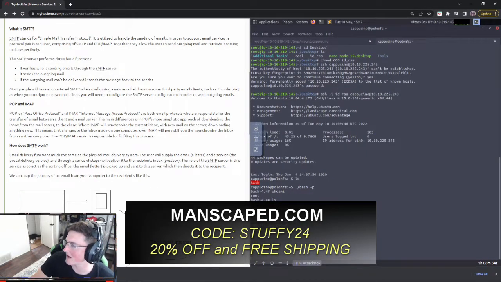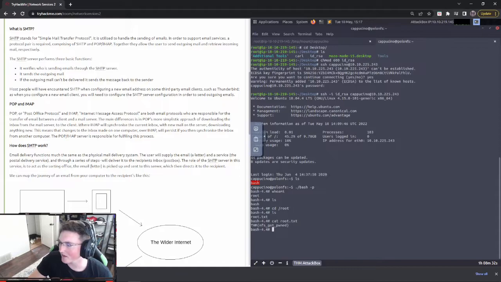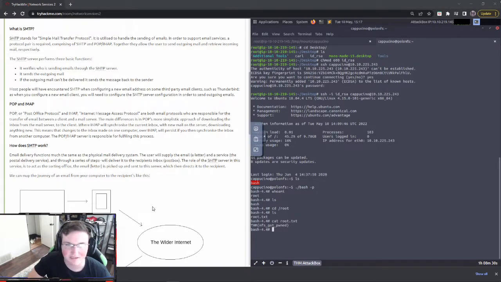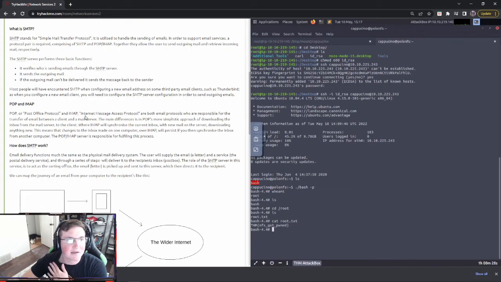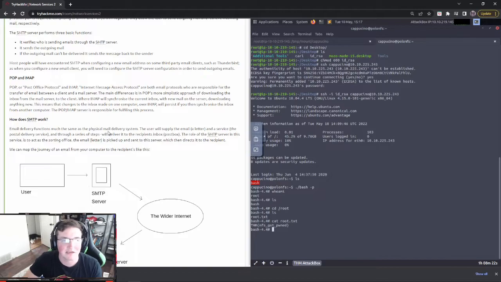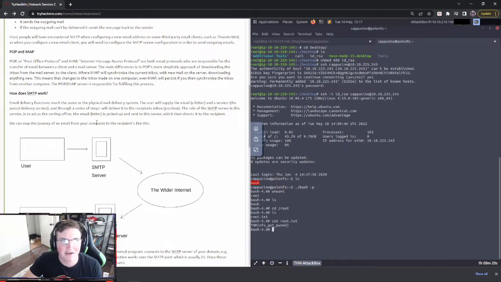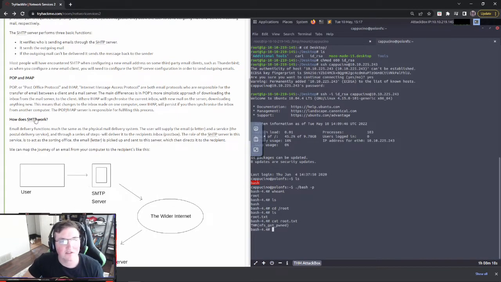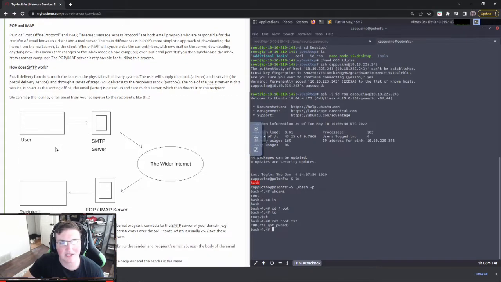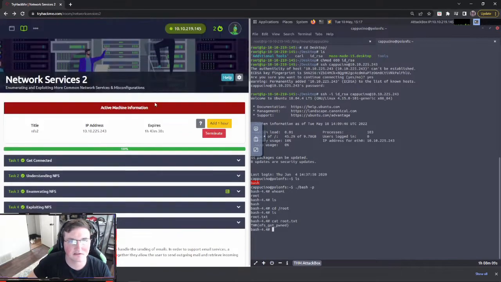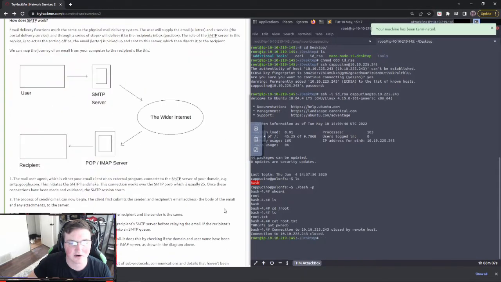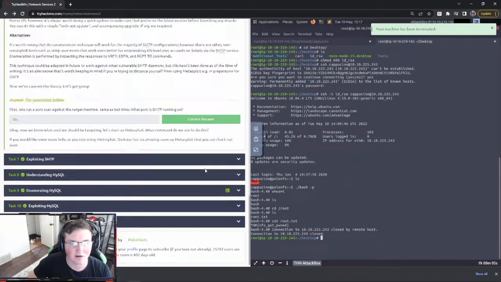All right, let's go ahead and hop back into it. Okay. Whoops, I minimized the OBS. All right. I keep clicking that picture. So what is SMTP? Simple Mail Transfer Protocol. What is it? Pretty simple. Simple Mail Transfer Protocol. Exactly. So it transfers mail. Exactly. So the difference here, POP and IMAP. So how does SMTP work? This is pretty much it in a nutshell. This is obviously simplified. We can go ahead and terminate this box and start this one up so we're not waiting around.